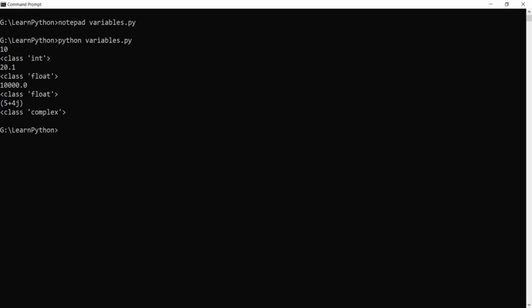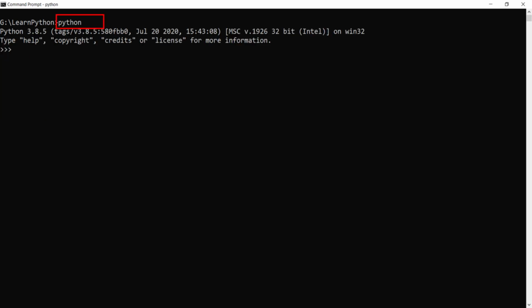Here, instead of creating a new Python file, we will directly work on the Python REPL, which is also called the Python interpreter. To access the Python interpreter, type the command python and press enter. If you get a prompt similar to what is displayed, then you are within the Python REPL.